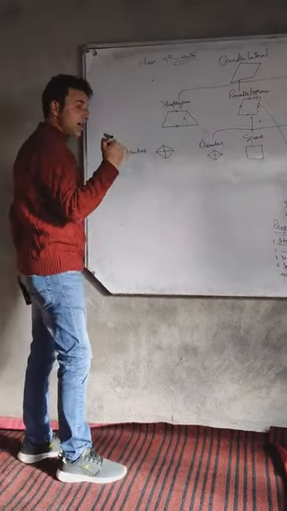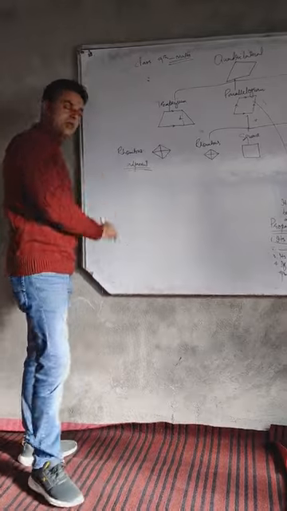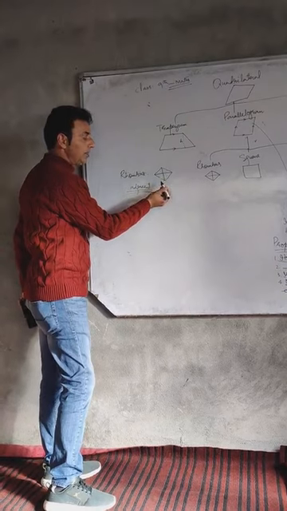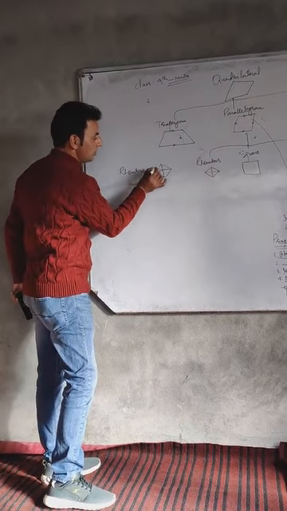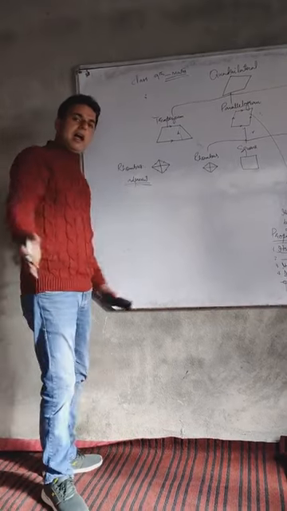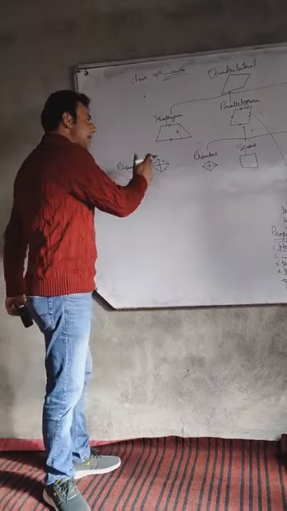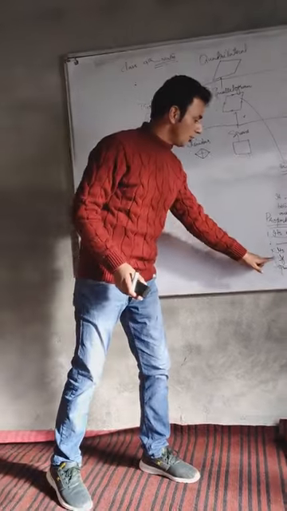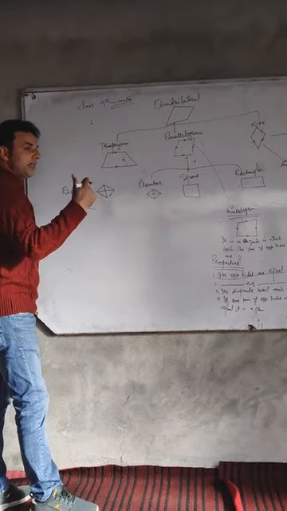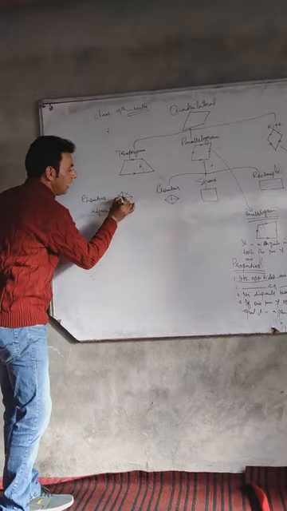Adjacent sides: the word is adjacent and its spelling is adjacent, but you have to pronounce it as adjacent. This is a parallelogram in which adjacent sides are equal. So this side is equal to this side, adjacent to this, and at the end of the day, all the sides are equal. As it is a parallelogram, its diagonals should bisect each other, and they are bisecting. But the diagonals of a rhombus bisect each other at right angles. Where they bisect, they are making a 90-degree angle.